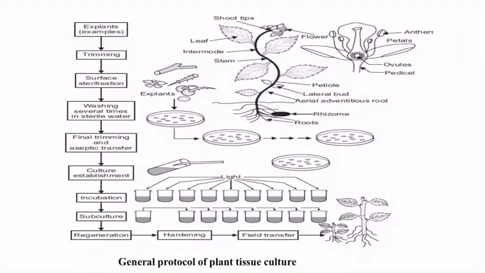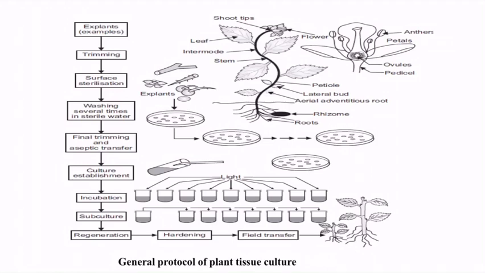Such flasks are kept in a growth room, also known as the incubation room, where there is controlled air, light, humidity and temperature. Whenever the tissues are placed onto the culture media, after a few days a mass of cells develops. It may be a callus. Within a few days a mass of cells develops due to active